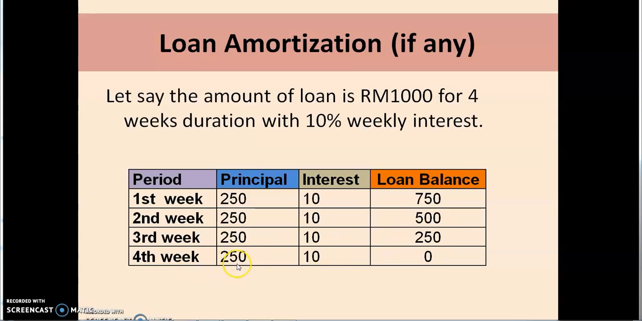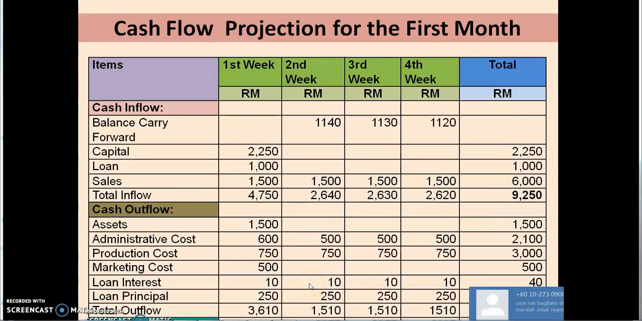So the last, fourth week, you have paid 250 also. So there is no more loan balance in the table. But the interest you have paid amounted to 40 ringgit. Okay, for 4 weeks, 10 plus 10 plus 10 plus 10, you have 40 ringgit for 4 weeks. Alright, then here